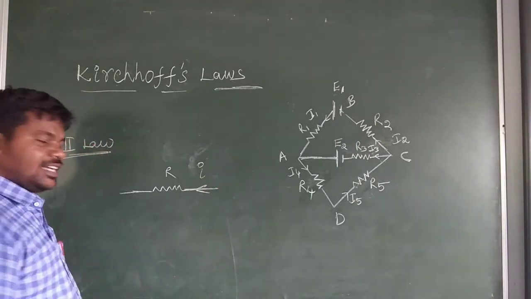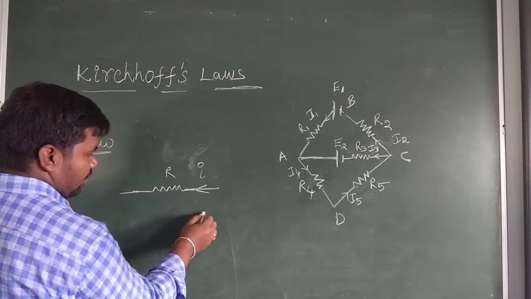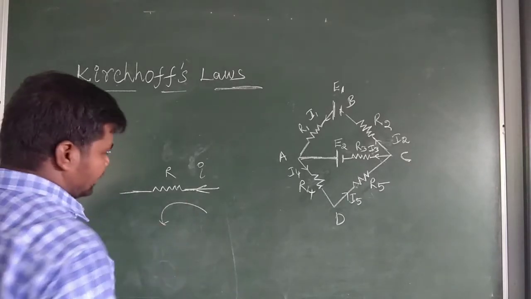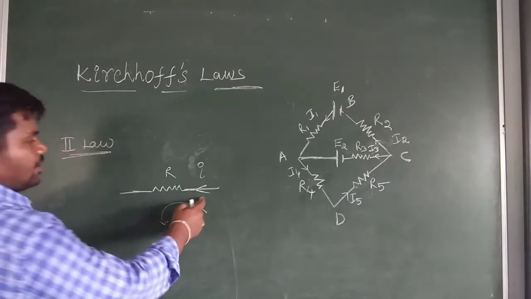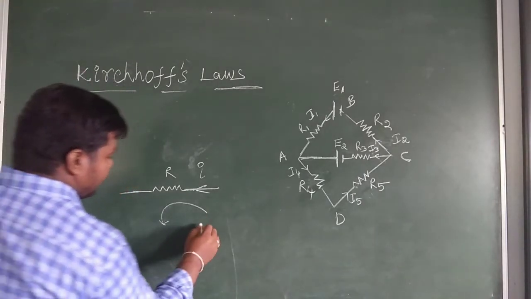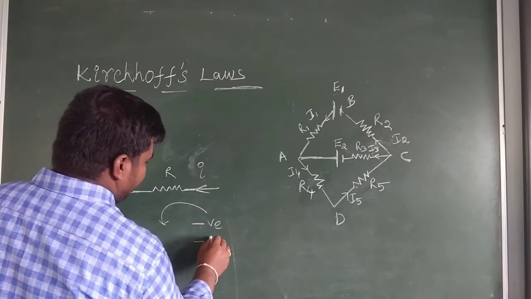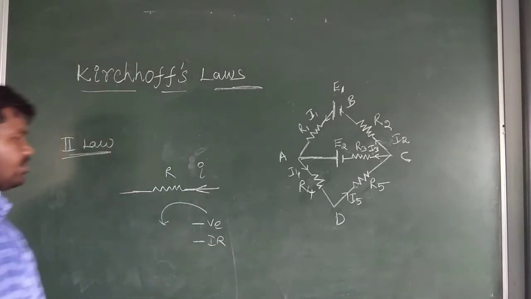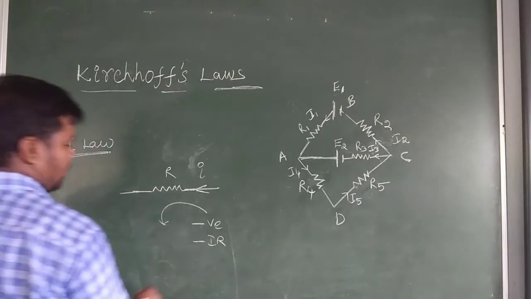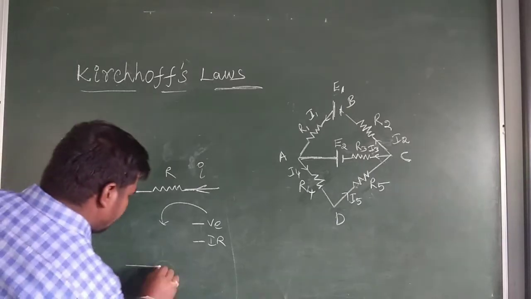So if we have to take the direction along the direction of current, means in this case anti-clockwise direction. Okay, so here the current direction and our assumed direction is same. We get the negative value, means negative. So minus I into R. In the same direction of current, we can take the direction is opposite to the previous